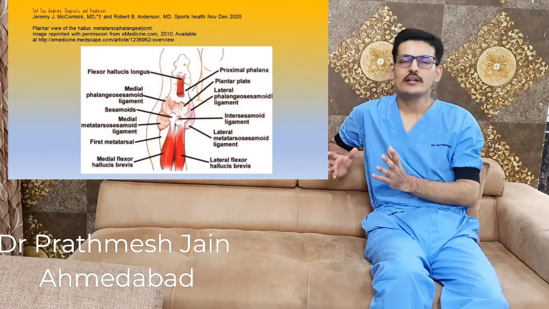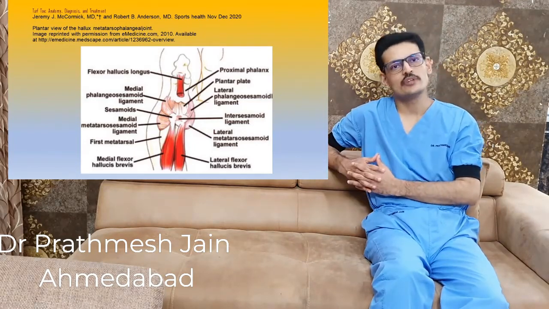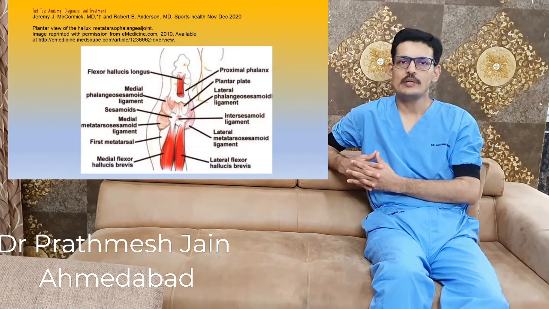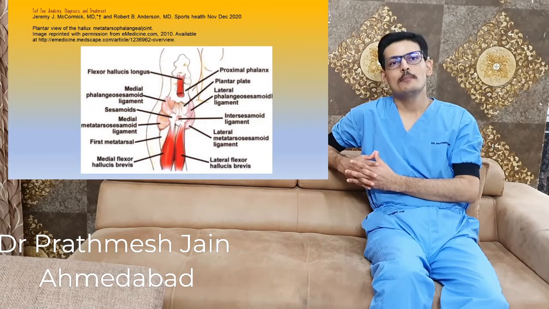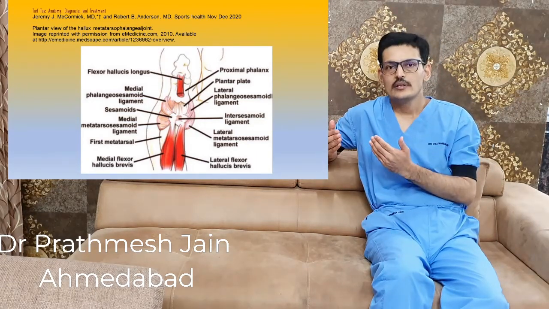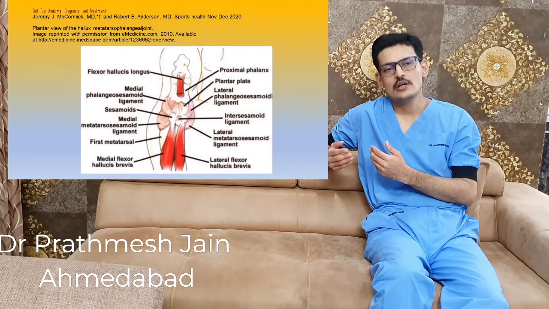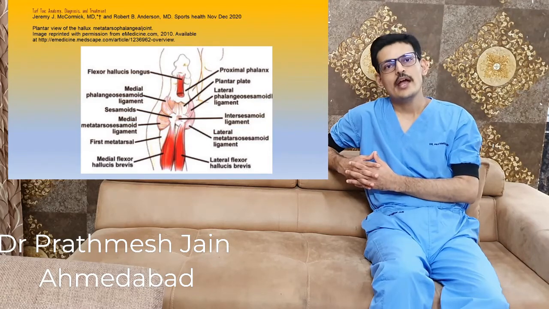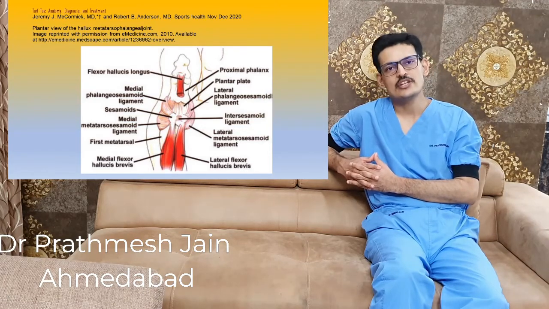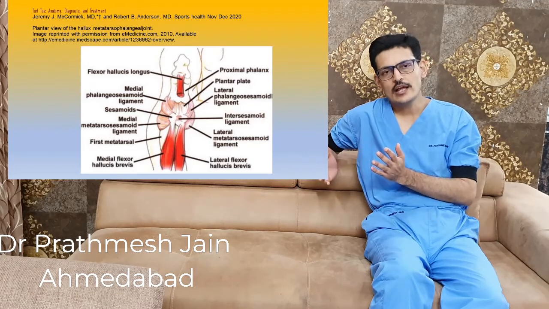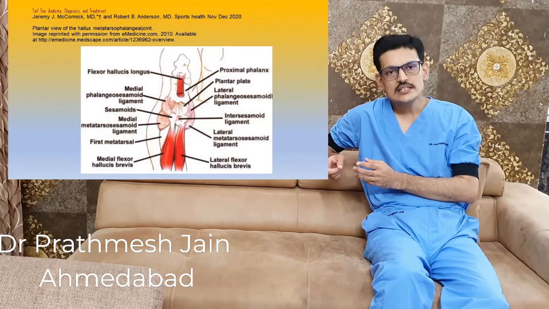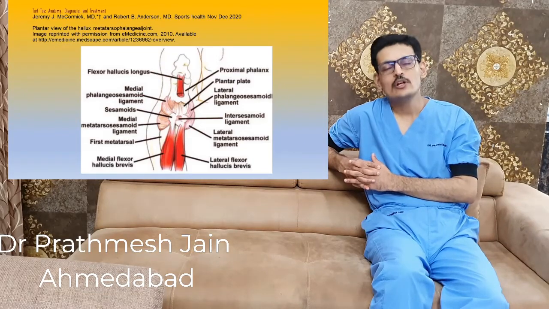I'll just cover the anatomy of the plantar aspect of the great toe. The great toe plantar aspect at the level of the MTP joint is made up principally by the plantar plate. This plantar plate is in close association with the flexor hallucis brevis tendon, which has two heads, medial and lateral, and usually there are two sesamoids which are attached to each of them. The adductor hallucis and abductor hallucis also attach in the vicinity. This region is particularly vulnerable to a hyperextension injury of the great toe.